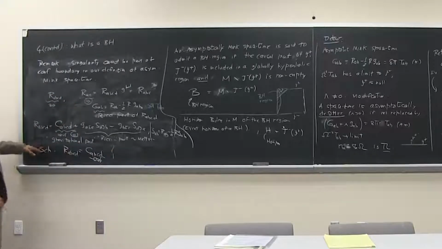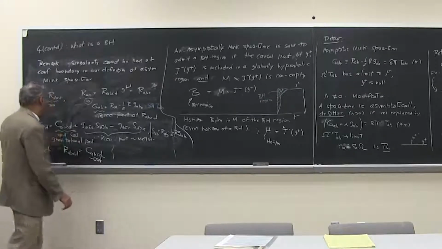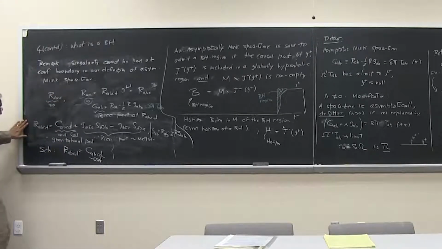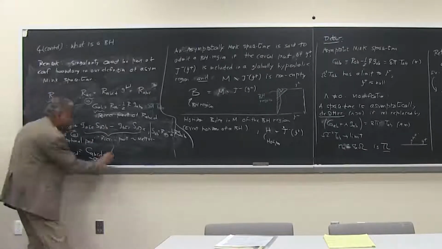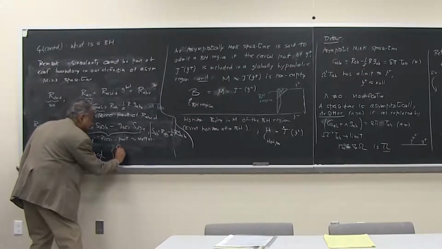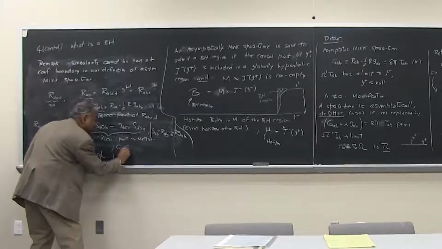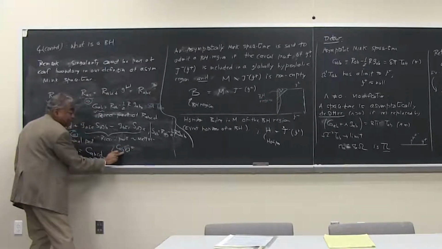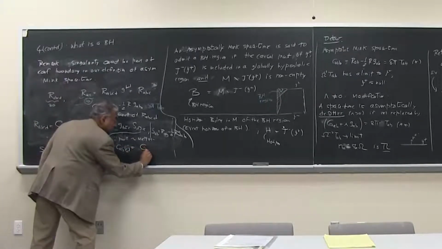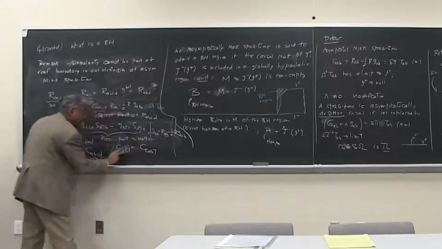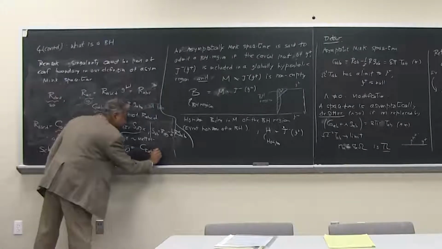It's going to be useful. I'm doing another side thing up here, but this is going to be useful all along. So what are the properties of this Weyl tensor? Well, from the definition itself, you can just check it, it follows that the Weyl tensor has, first of all, the same symmetries as the Riemann tensor. So it is antisymmetric in these two indices. It is antisymmetric in these two indices.